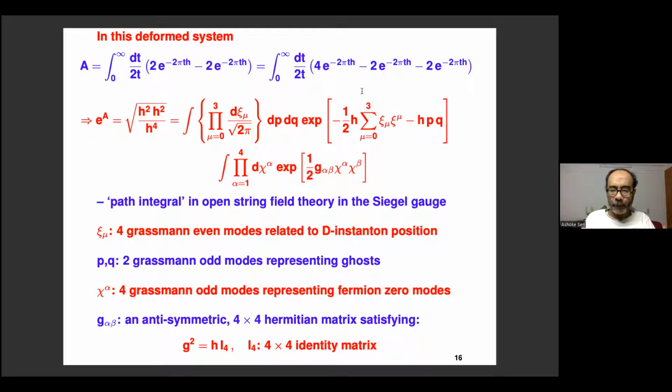Okay, but eventually, of course, we are going to take H equal to 0, right? This is just to show how the worldsheet result can be reinterpreted as a string field theory result. So we are not going to use non-zero H in our calculation. This is just to interpret the origin of this factor. This is just to show that the worldsheet contribution can be reinterpreted as a string field theory contribution.